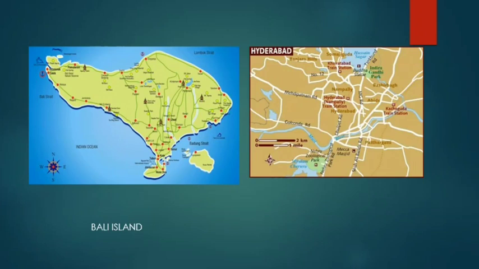Okay, suppose you are moving from this corner to that corner, the other side. And this is the place where you have to reach. If you don't know the shortest route, it will take more time to reach the destination. But if you have the map in your hands, that will help you to take the best route to reach in a short time, so that you can reach in time, and also you can calculate your journey time by having the road map. So this way maps will help us.